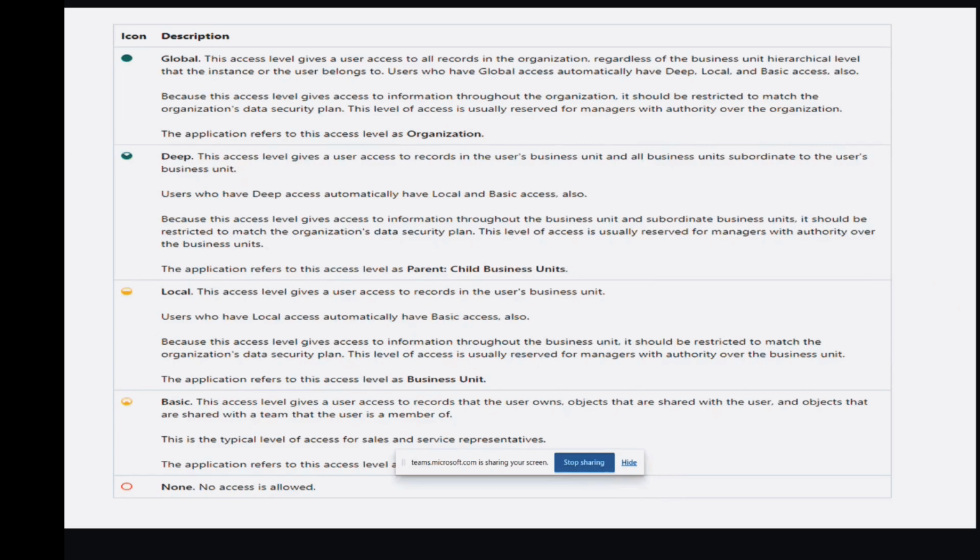And you can see here the description of those things. We also call organization level access global level access, the parent child business units you can also call deep, and the business unit level access you can call local. You can see here the circle filled with green color. This is